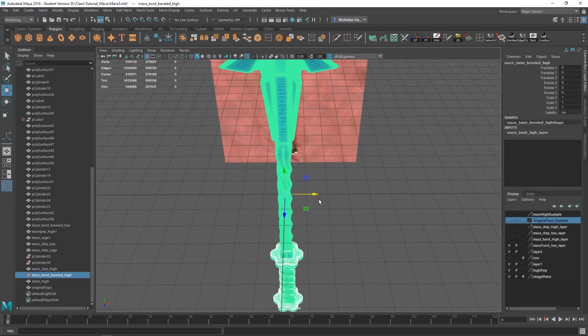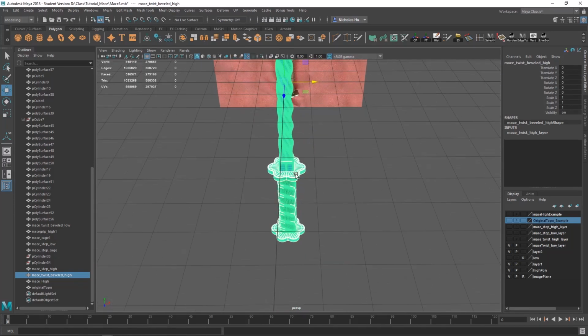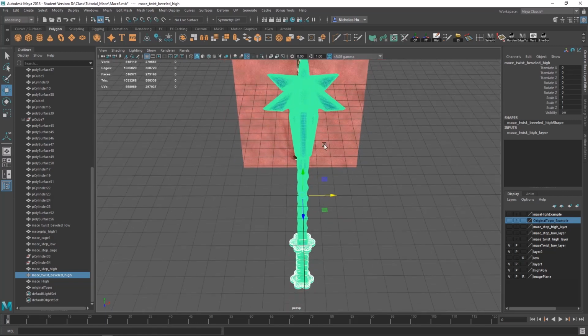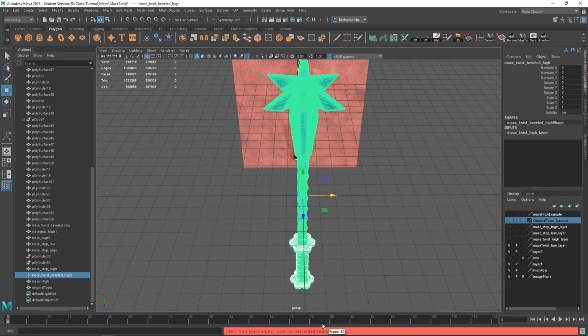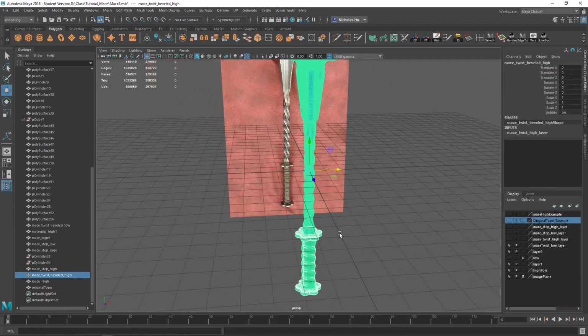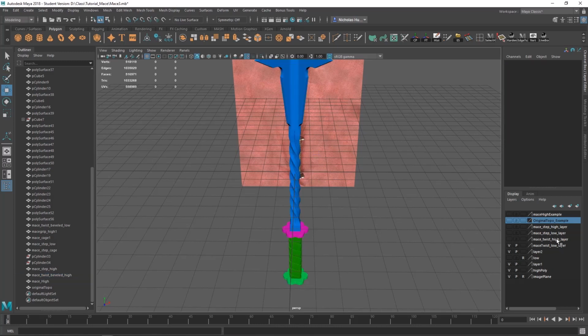So regardless of which version you're making, grab your high poly, make sure it's all one object. Some of you might still have your pieces broken off into different pieces, so just left click, marquee select, shift, right click, combine. I'm going to get an error because mine was already one piece, but for you, just make sure it's one piece. And the reason we're doing that is because if I turn on my low poly here,